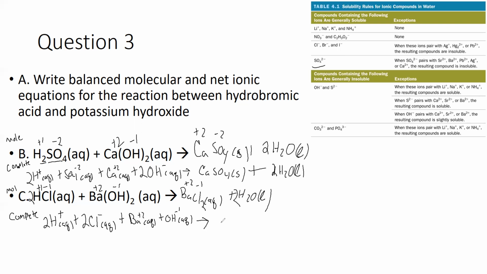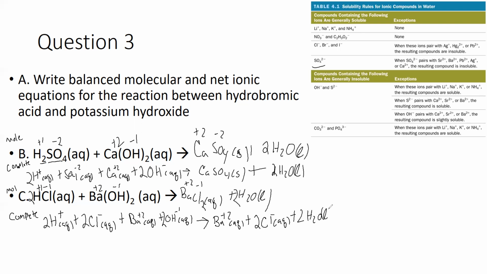And that goes to, sorry, there's 2. Always got to distribute the 2. Ba 2 plus aqueous. Now, a common mistake I'll see is people will leave this as Cl2. No, you always need to bring the 2 out in front. 2Cl minus aqueous,